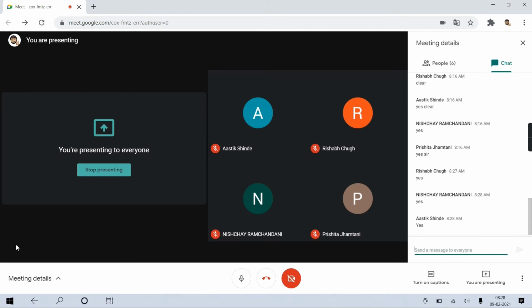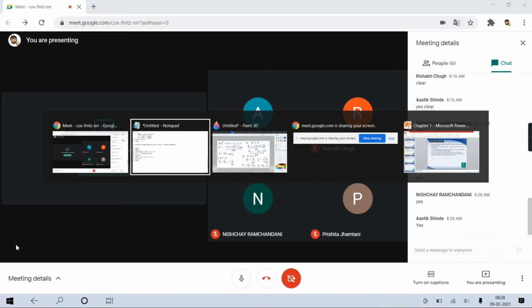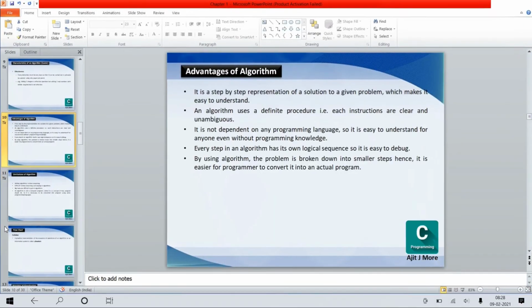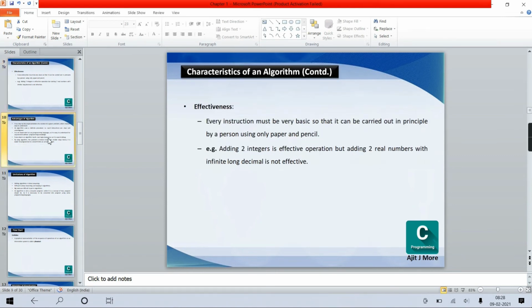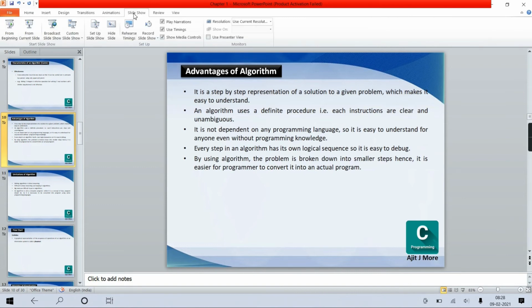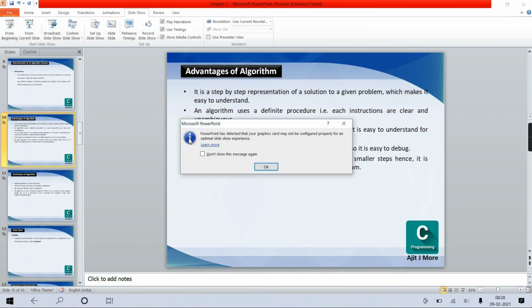Now I'll give more examples, but in the meantime we'll quickly read the advantages and disadvantages. Okay, coming to the advantages part. So a few advantages according to